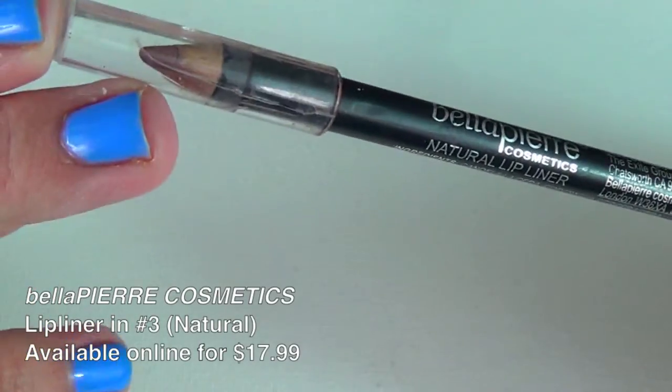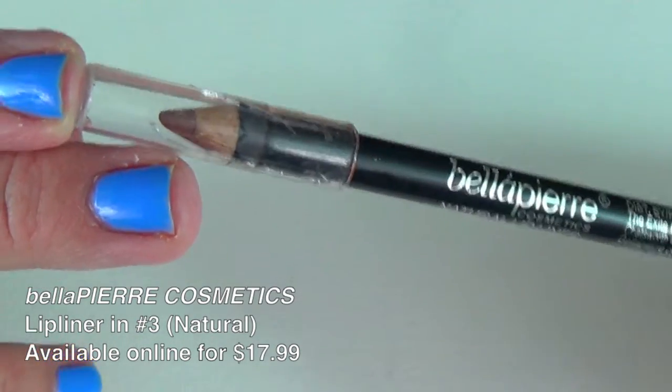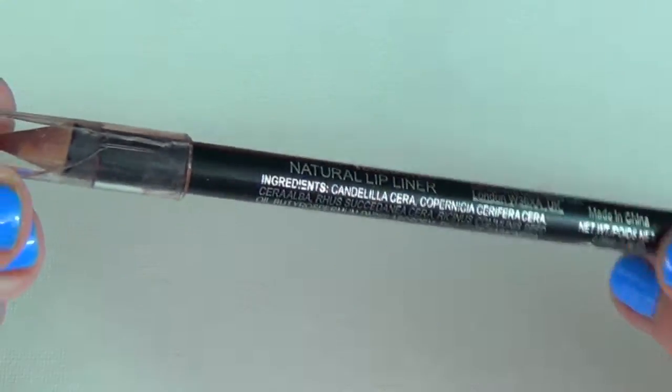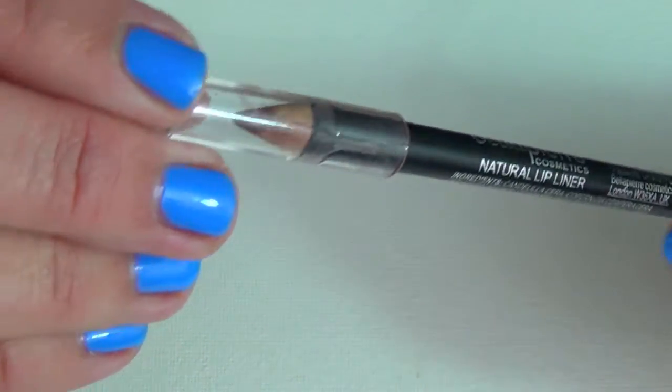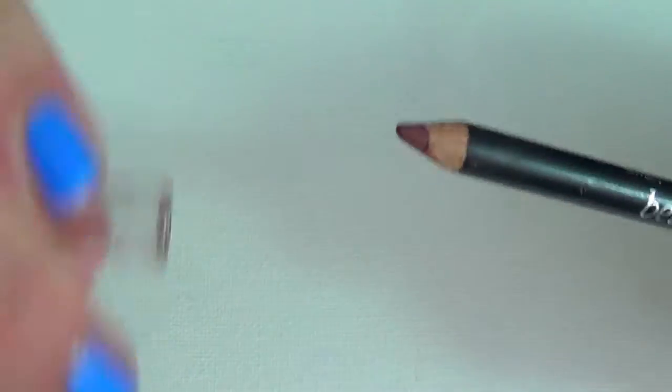Featured product number 3 is this lip liner from Bella Pierre. The color is called Natural, and it's number 3 in the waterproof lip liner line. It doesn't say that on the actual packaging here, but on their website it's listed as such. These are $17.99, which is sort of pricey for a lip liner in my opinion, but I got this in